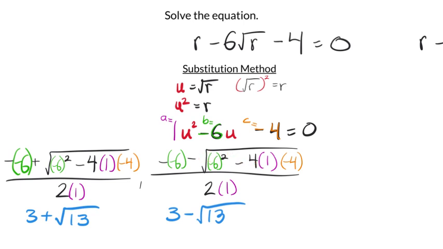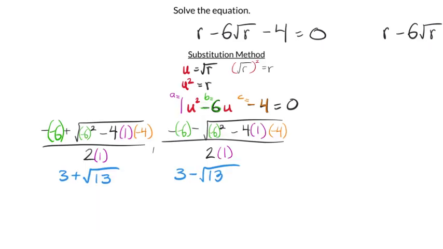2 times the square root of 13, so you end up with a 6, a 2, and a 2, which all can be simplified, and the 2s become phantom 1s, and 6 divided by 2 is 3. So that's what we end up with here for the two answers for u, not r. So this is what we have right here, and if we wanted to make this look a little bit better, I would say this one is